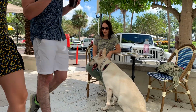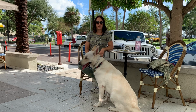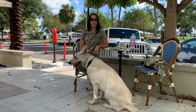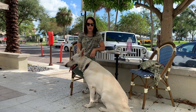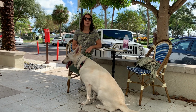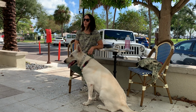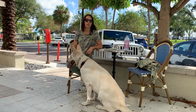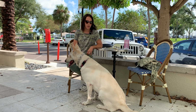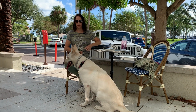And the first thing I want to just take note of is this is Maggie, and she actually came for a little bit of reactivity. And a lot of times when we have a dog that has some reactivity, the owners get very nervous being in town, especially when it is a little bit busy and there's a lot of unpredictable variables. So I want to talk about how I would come downtown and what I would do and how I would